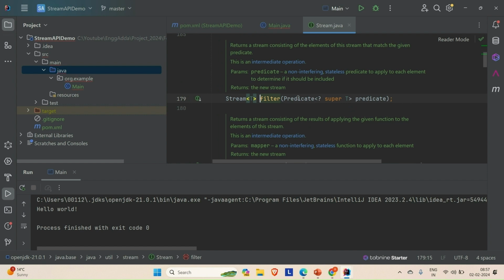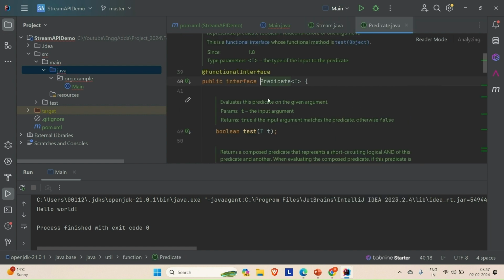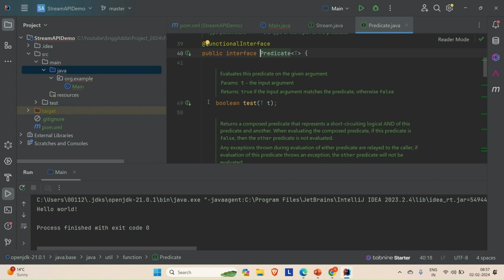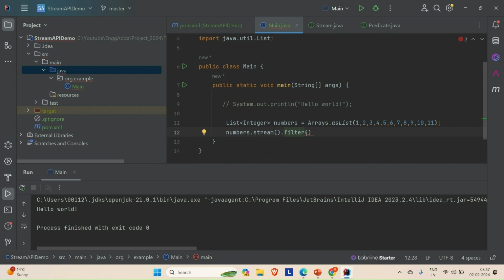And if you go to the predicate, you will see that there is one single abstract method, which is test, taking t as an input and returning a boolean out of it. So we are directly going to implement the single abstract method of the predicate here in the filter. So how can we do that? Let's say